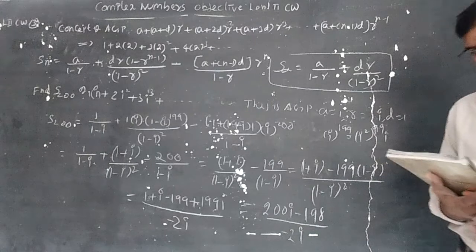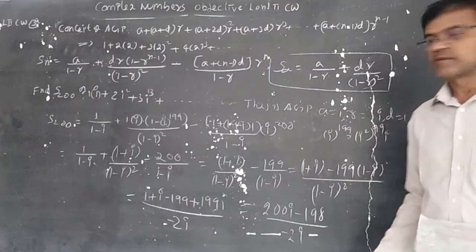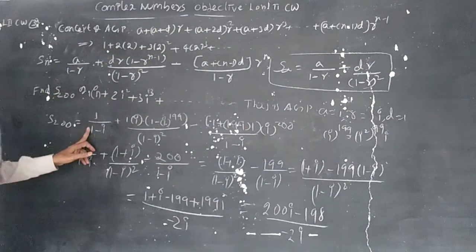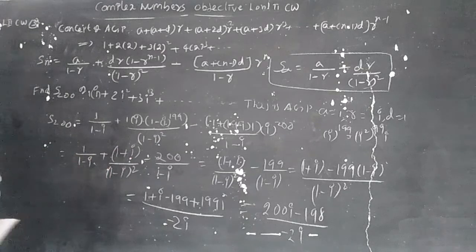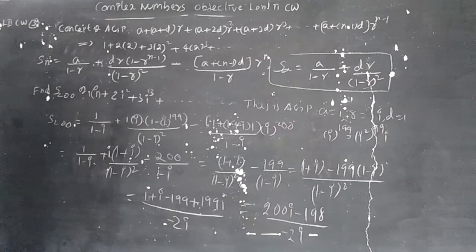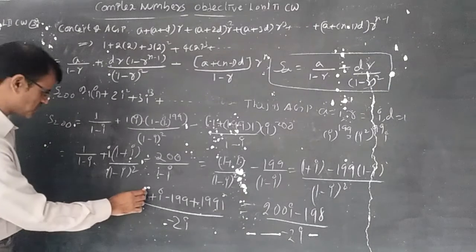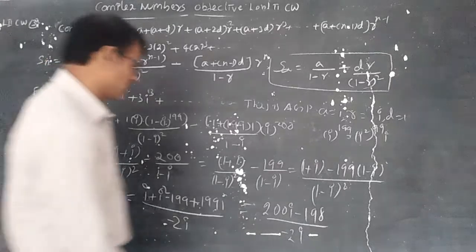Answer is given as 100 into 1 minus i. So somewhere we made a mistake. 1 by 1 minus i, plus i into i, I forgot to write. Whenever I forget to write, better to write here i plus i square. So i plus i square becomes